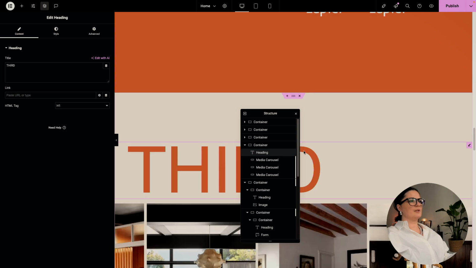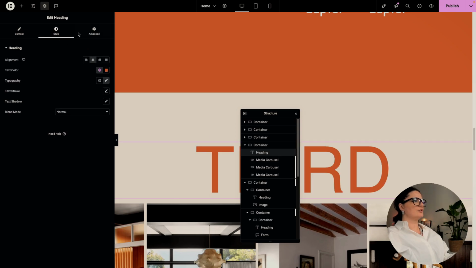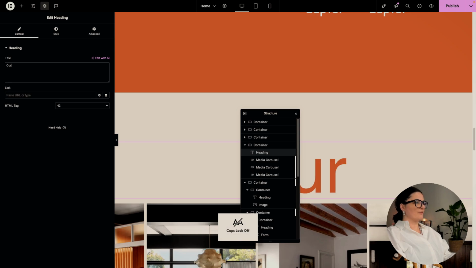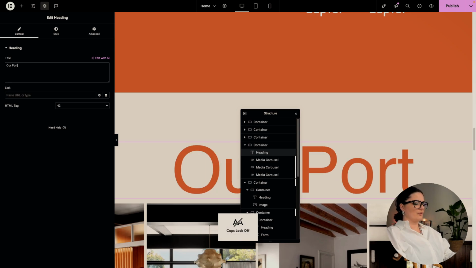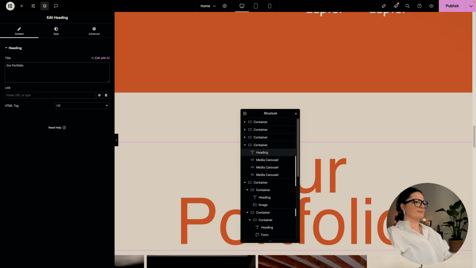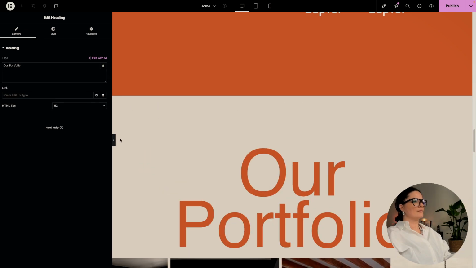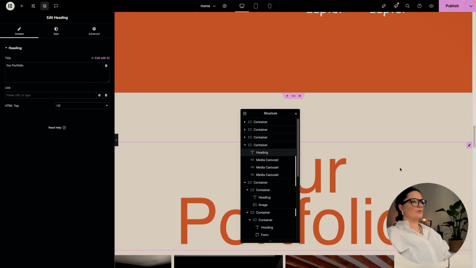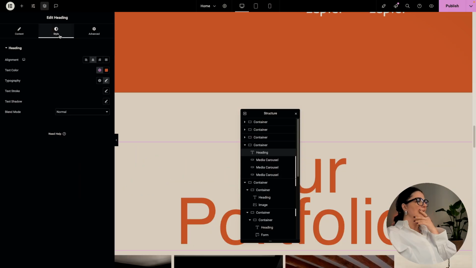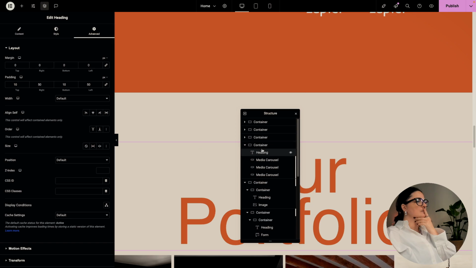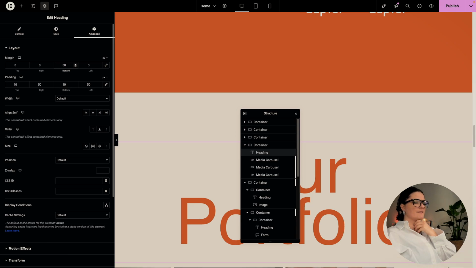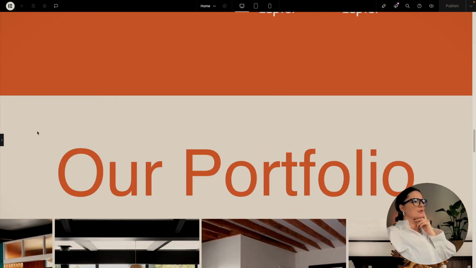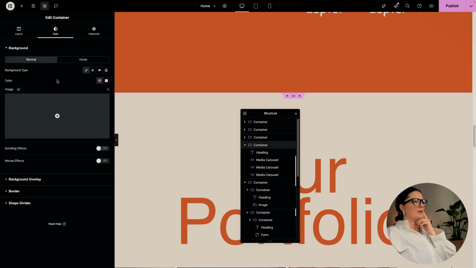I'm gonna move it top here. I'm gonna move it, let's say H2, and move it to the center and say our portfolio, whatever. Our portfolio. Very nice. Okay, I mean, it could be nicer, but yeah. What I will do, I'm gonna give this some margin bottom, let's say 50, not too much, but I might give it a little bit more padding to this